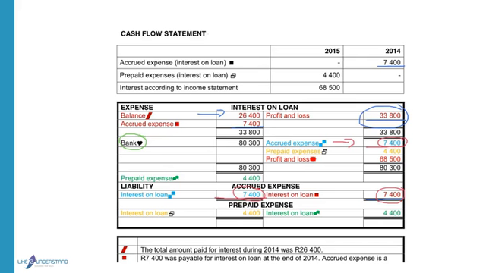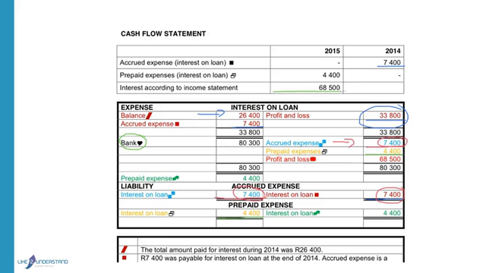I will therefore have to remove the prepaid expense from my interest on loan account and show that interest on loan is credited with 4,400 to reduce the expense for the current year, and a prepaid expenses asset account is created for 4,400. Then we look at the profit and loss figure. Now remember, the figure that's in your profit and loss is the amount that it should be if there was no prepaid and no accrued amounts.